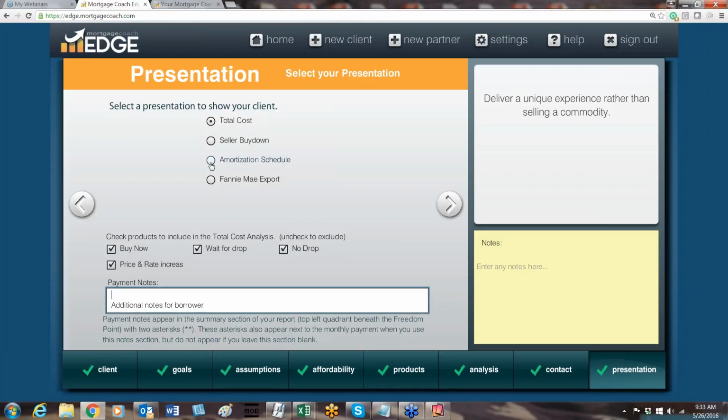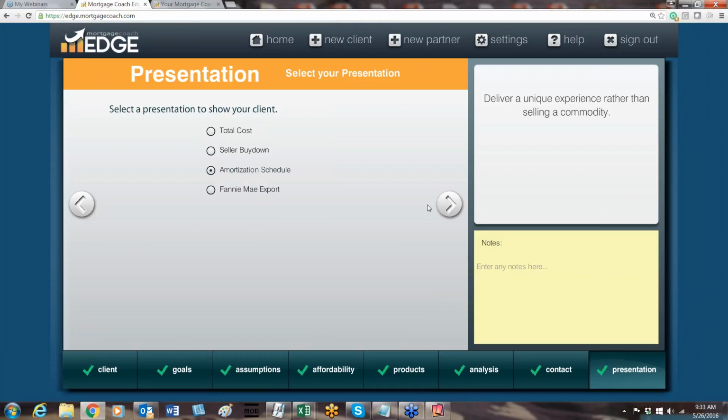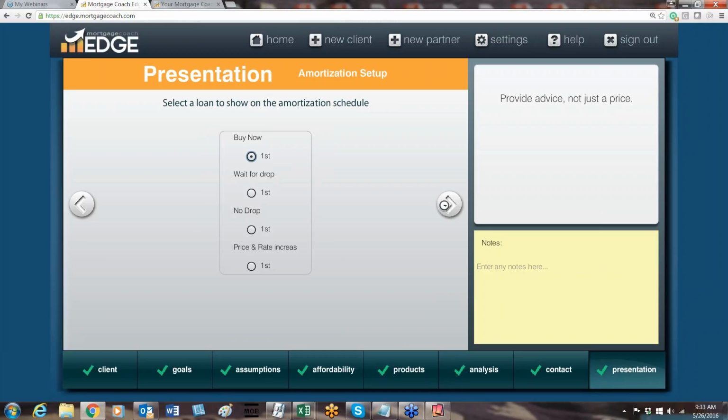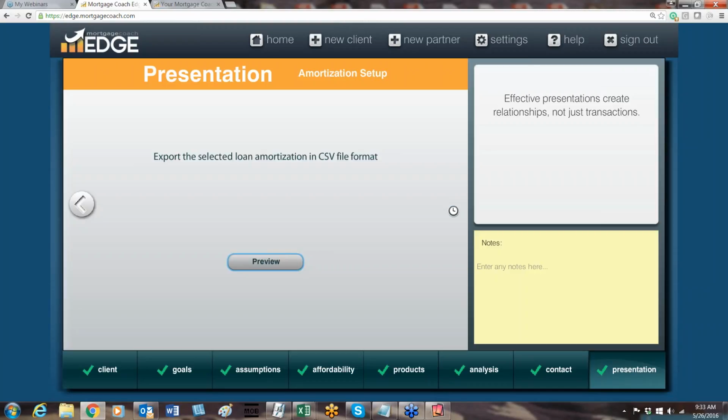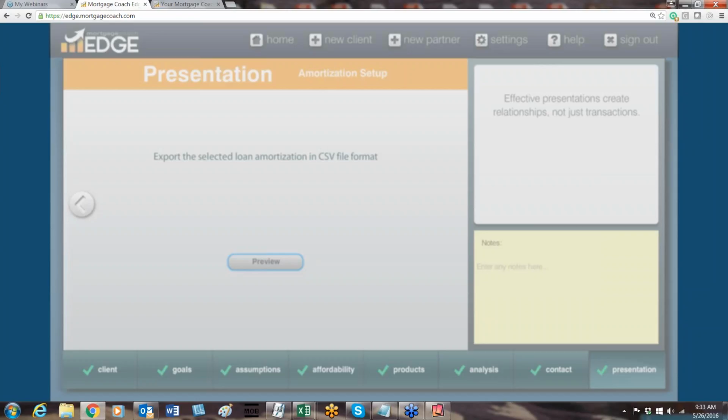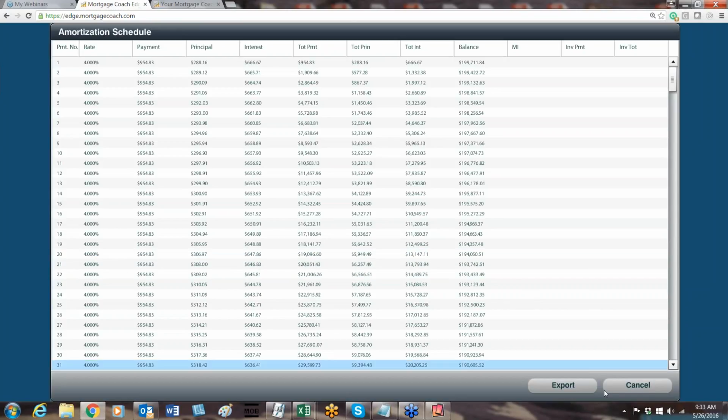Moving on, let's go ahead and market amortization schedule and advance the screen. So you have an option to go ahead and choose any of your products for receiving an amortization schedule. And then when you advance the screen, so I chose Buy Now first, you'll see a preview of the amortization schedule. With that, you'll be able to also export it in a CSV file that can easily be turned into